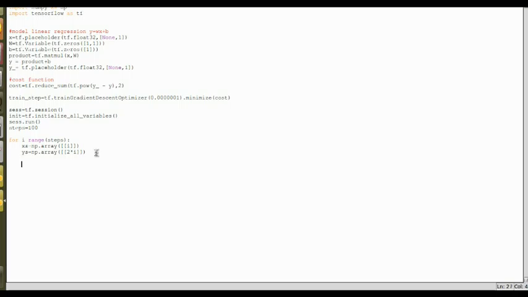Okay, so then I train it. We need to feed it, so we do something like this: x will be given as xs, and y_ will be given as ys. Okay, so we've done this part already, so sess